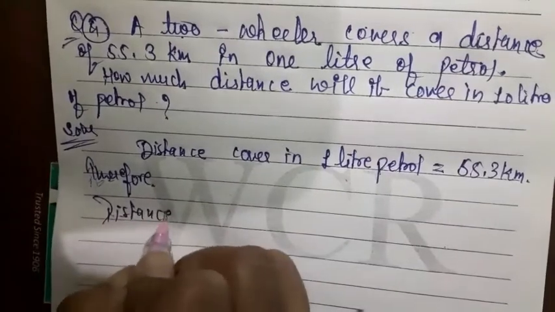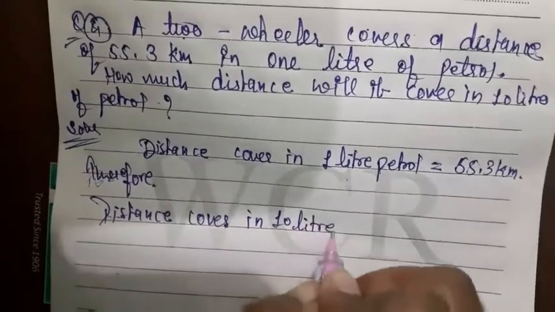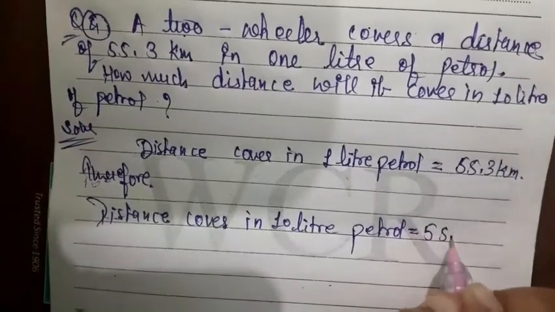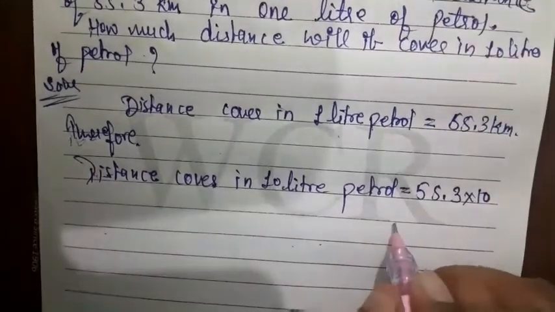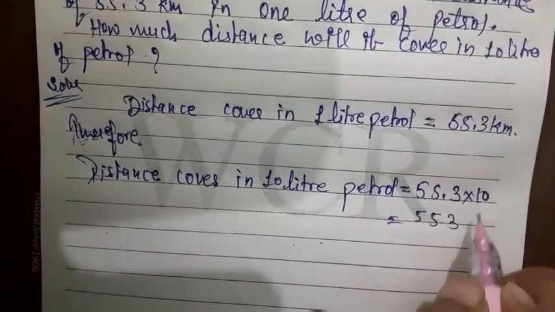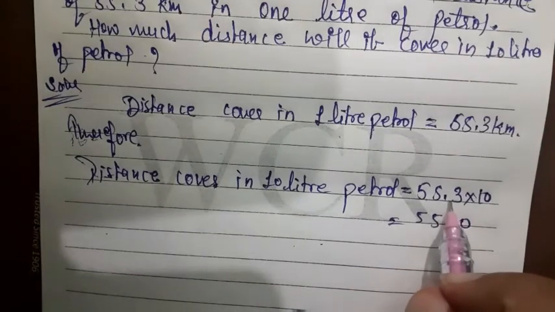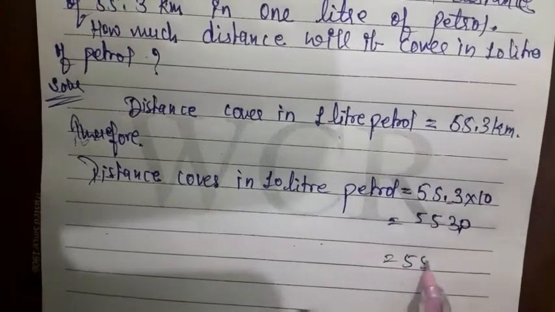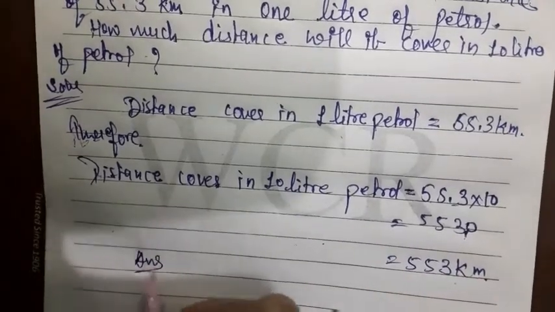distance covered in 10 liters of petrol is equal to 55.3 multiply by 10. Here we multiply this value. So here I write 553 and here we have 0 for the 10. So here we put 0 and the point is before the one digit. So the point is here, that means 553 kilometer. So the answer is